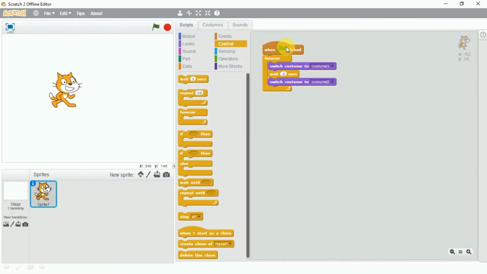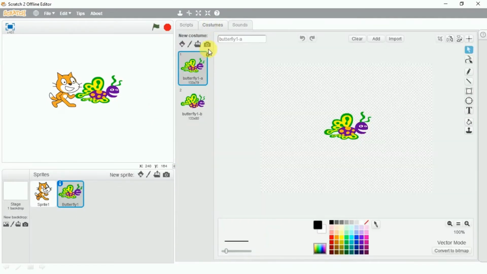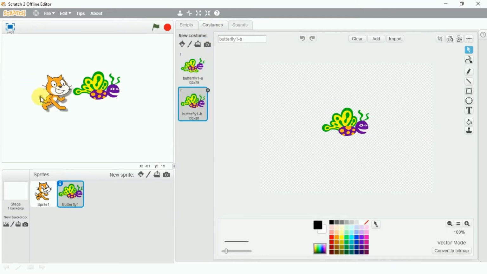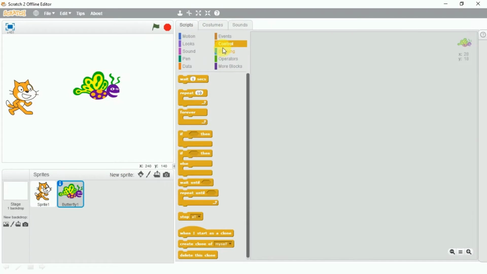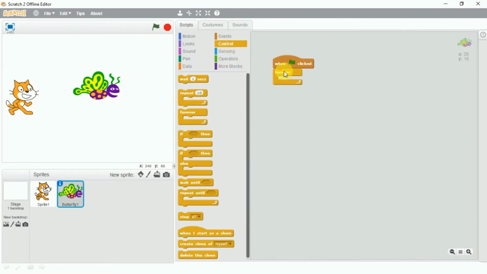Got it? So if we want to switch the costume, for example, if I choose any other sprite, let's see, the butterfly, how many costumes? It has 2 costumes. If I want to switch between these 2 costumes, I will go to the script area, pick up the event block, the control block, the forever block and the wait block.